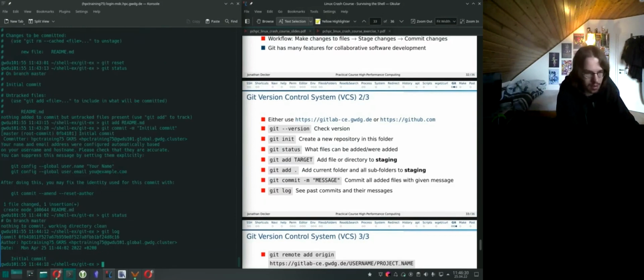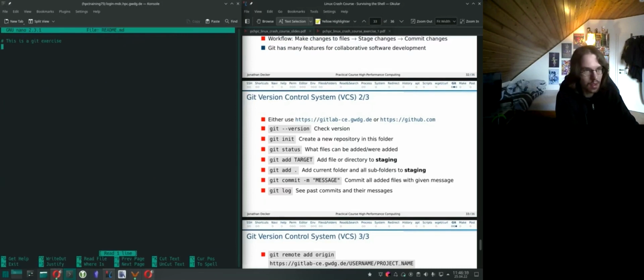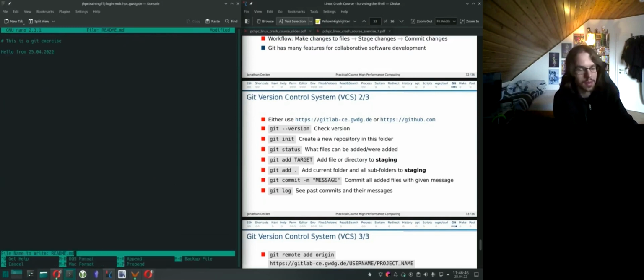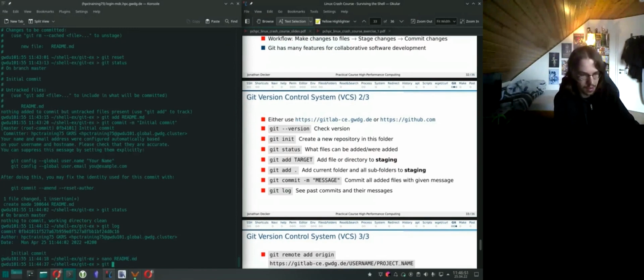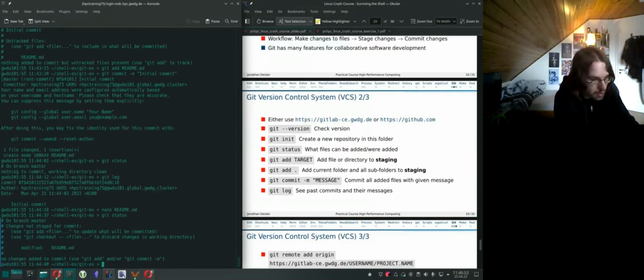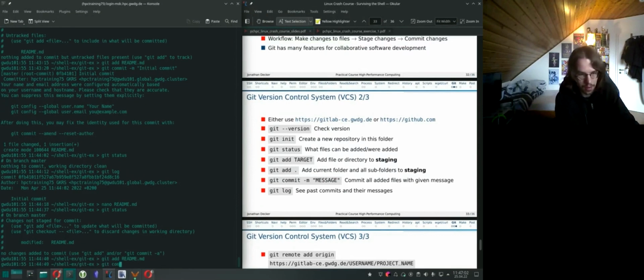And look at git log. See, there's just the initial commit. So say I want to make a change to the readme now. The git exercise below from 25/05/2022. So save this. Okay, save this. And I could look at git status again and it says, oh, this file was modified. Git noticed that. So I can again add the readme and commit,